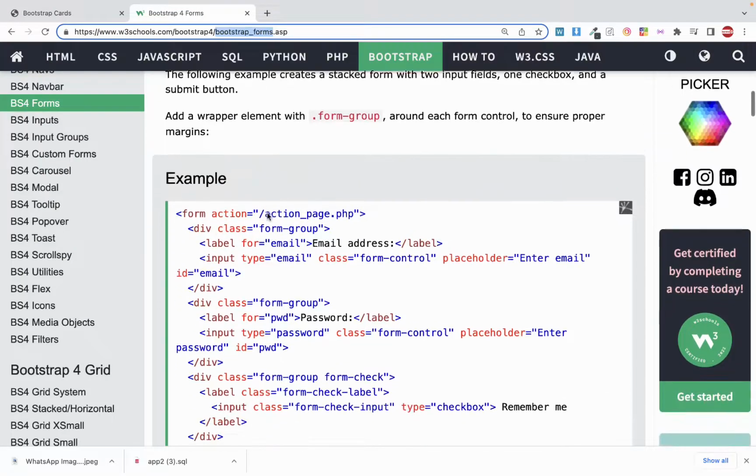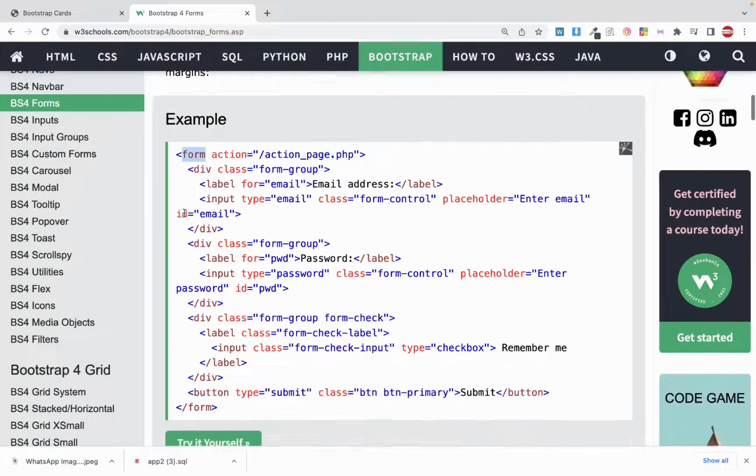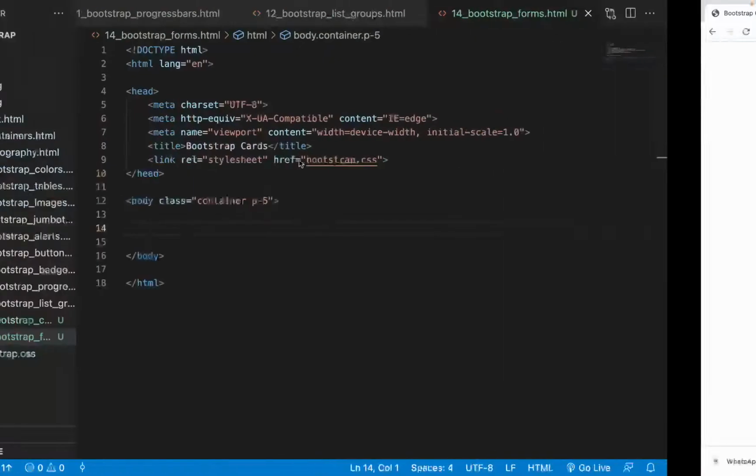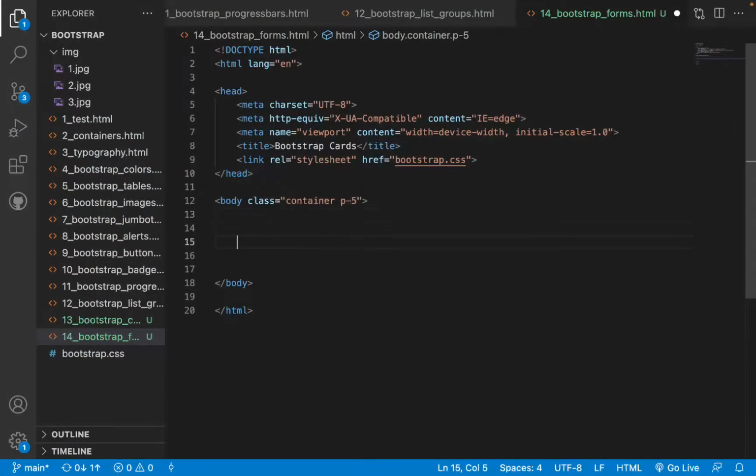To create a Bootstrap form, you simply write the form, and then you can use Bootstrap form-control to organize the labels. Let's go ahead and do that. Just simply create a simple form div, and maybe give it a class of form. Let's first create a form itself. Just simply create a form,